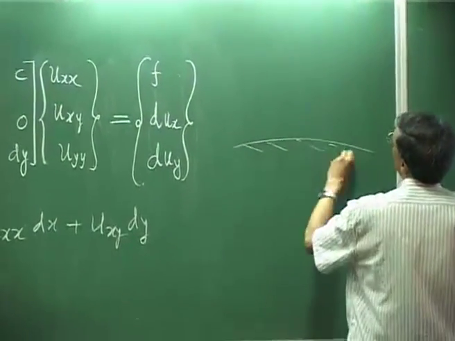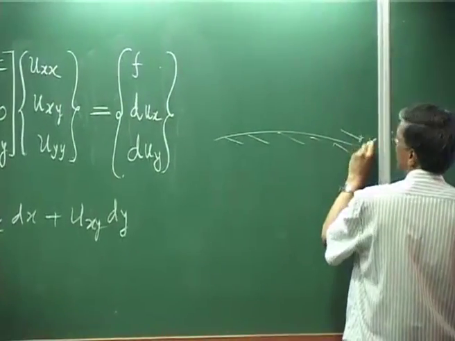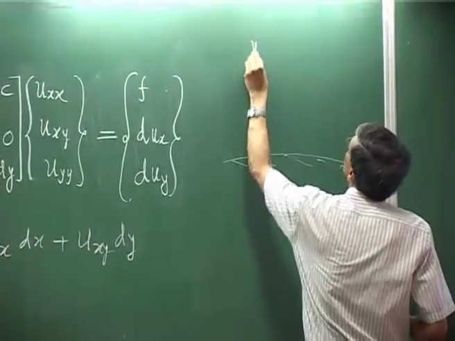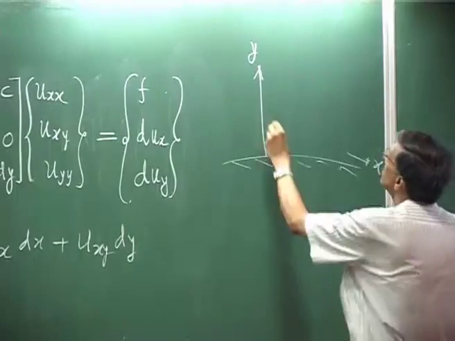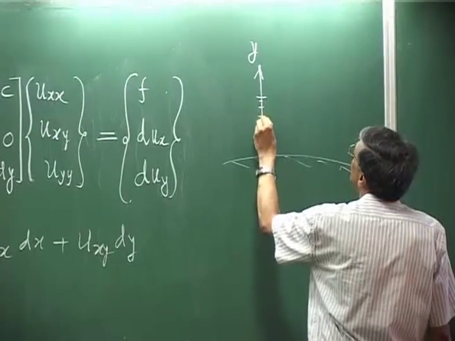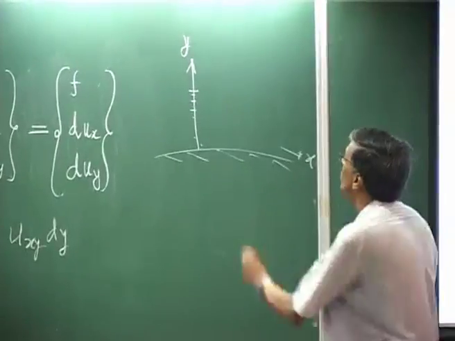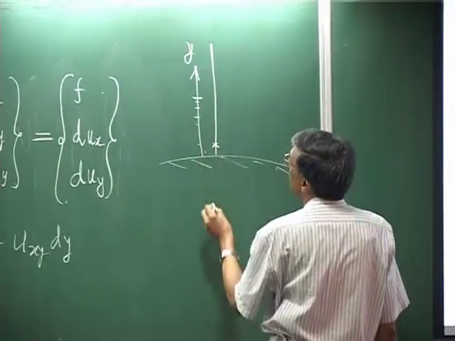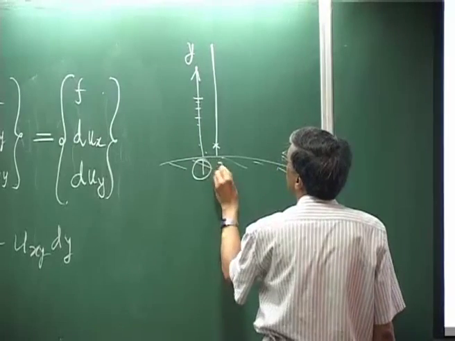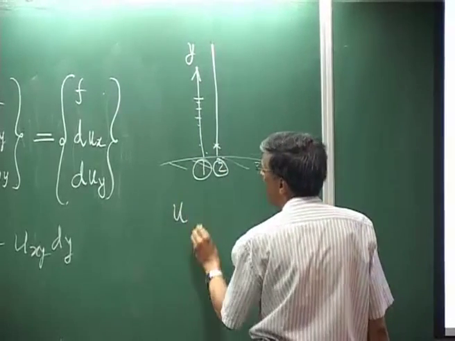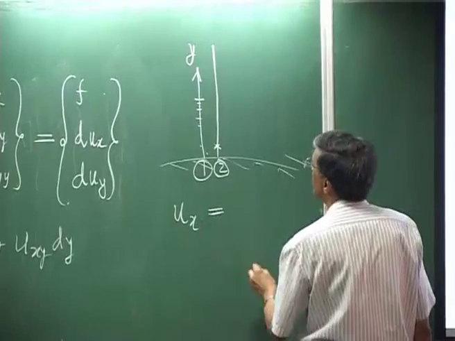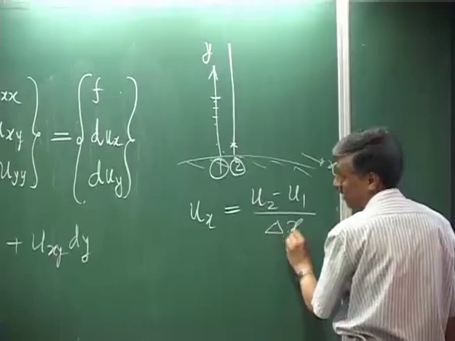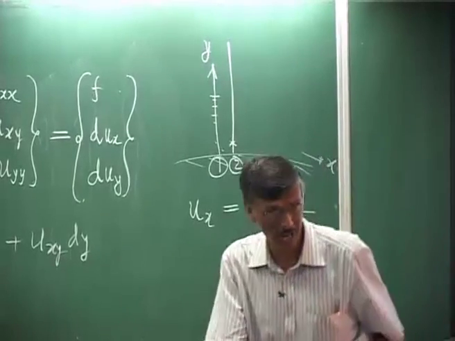Suppose I have the problem like this and this is my x direction. So, I would get the solution at x equal to constant. This is my y axis. If this is the region, I would solve it here at all those points, and then we will migrate to the next line, and wherever these quantities are involved. So, if I call this line 1 and this is 2, and if I have to obtain u x, I will simply write it as u 2 minus u 1 by delta x, because that is what this